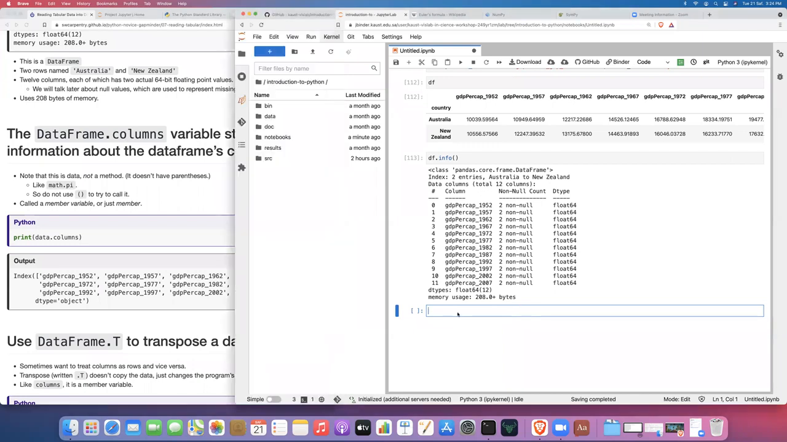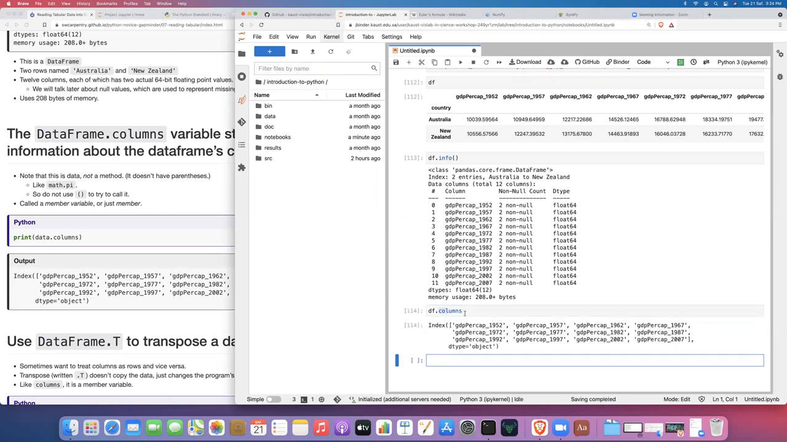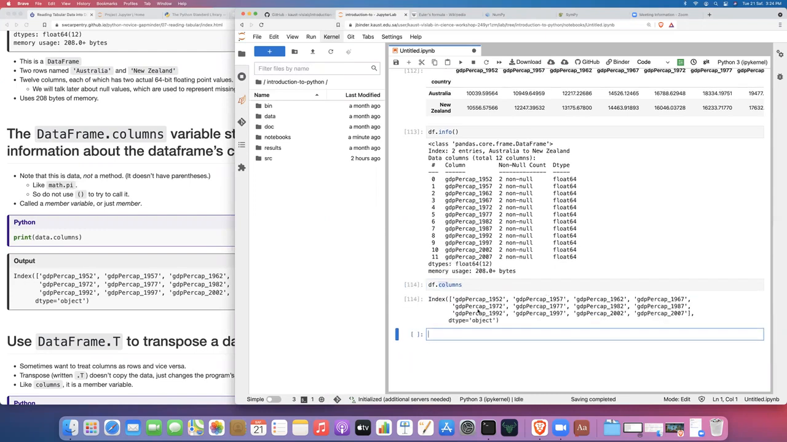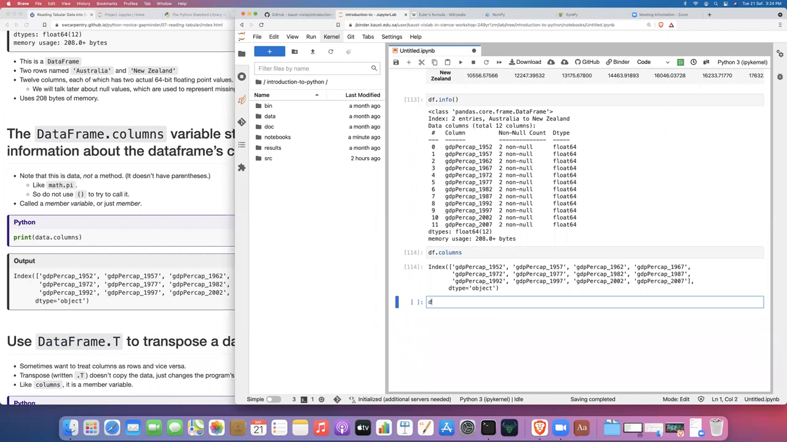So there is a columns variable associated with the data frame, and this just gives you information about the columns, so you can get access to the column names in this way. You can